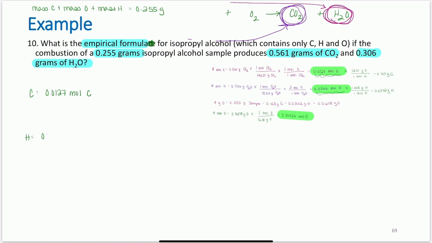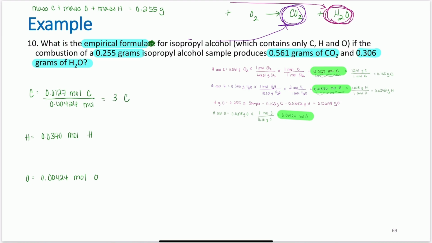Hydrogen, I have 0.0340 moles of hydrogen. And oxygen, I have 0.00424 moles of oxygen. Obviously, the number for oxygen is the smallest, so I'm going to divide all of them by that number. So divided by 0.00424